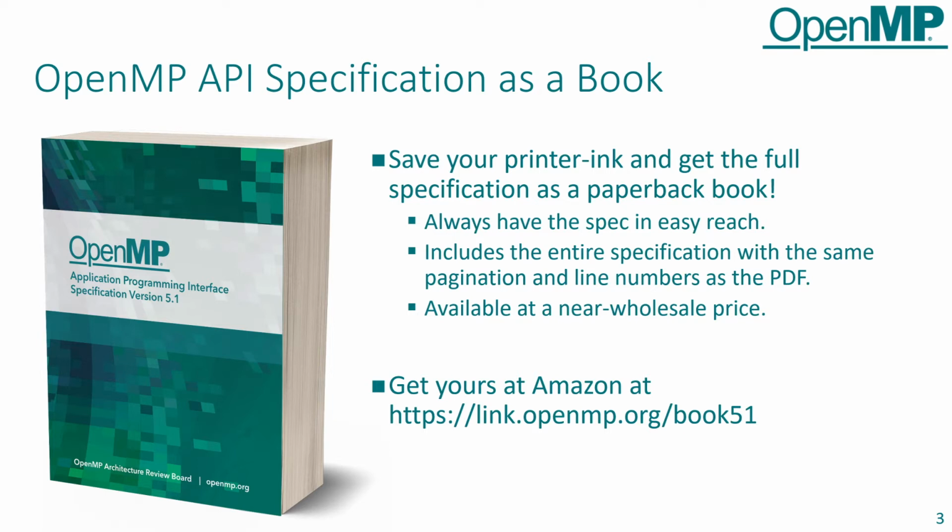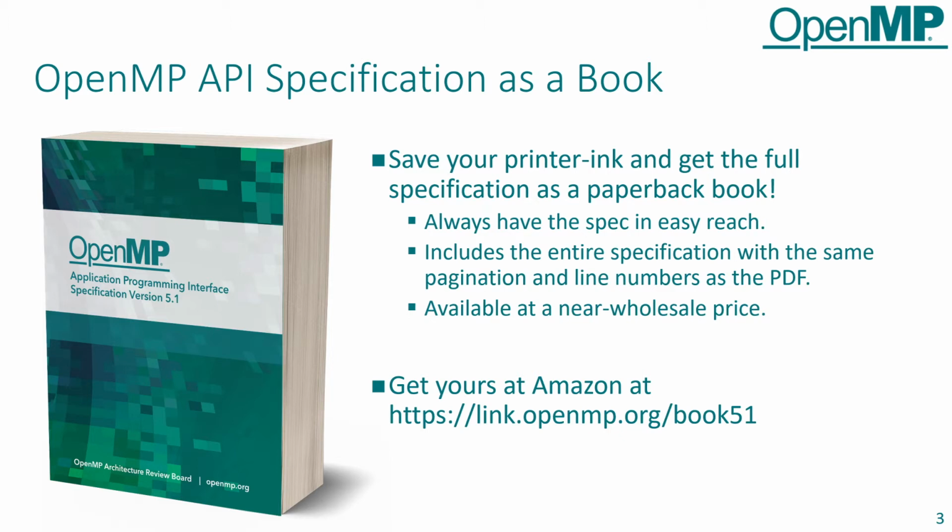Anyways, if you want to get that book, get it at Amazon. The link is on that page and in the video. Once we have released the online PDF, we will also release the corresponding book version at Amazon. We sell it at wholesale price. The OpenMP ARB is a non-profit organization, so essentially we just charge you for the printing cost at the